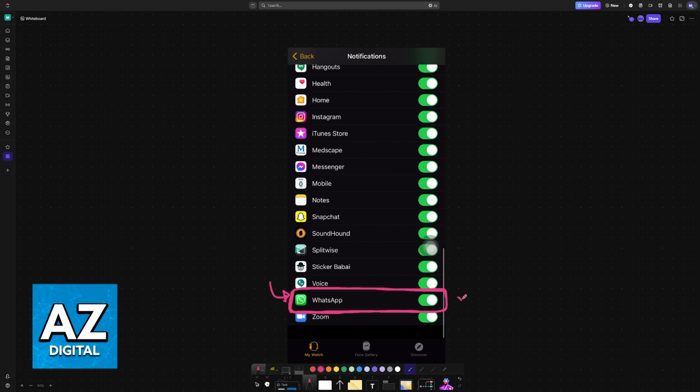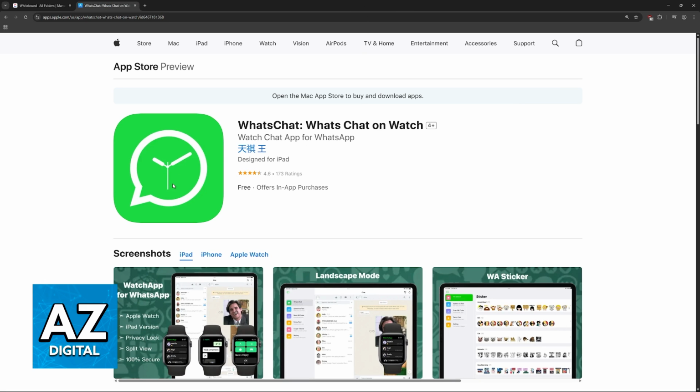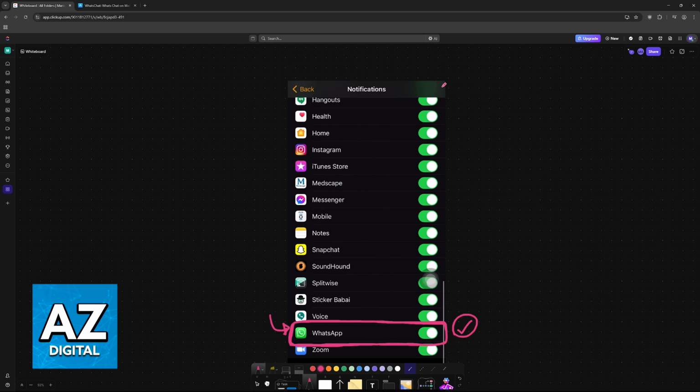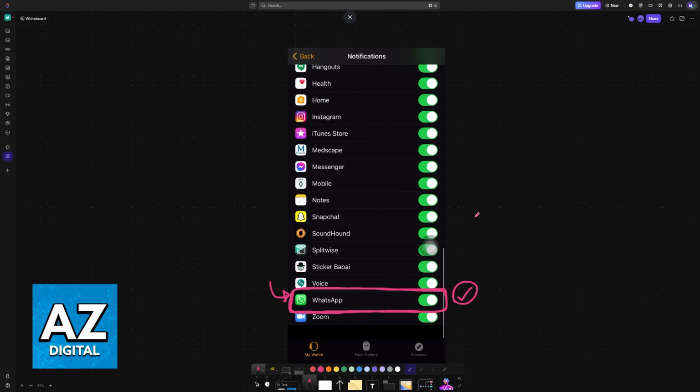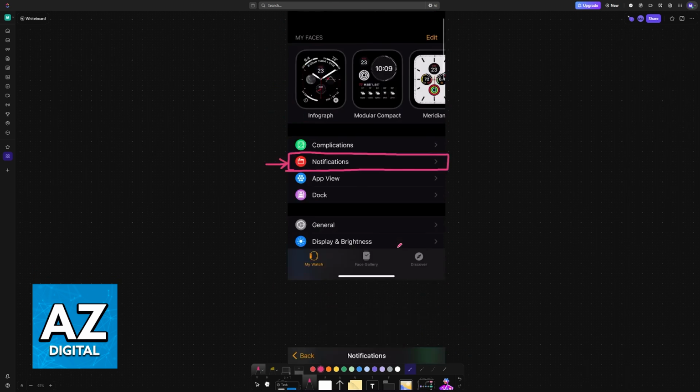Now, keep in mind that WhatsApp is not officially supported fully on the Apple Watch. So even though you are able to enable notifications and manage them, and they will appear on the Apple Watch, this does not mean that you will be able to access all functionalities from the application. If you would like to do this, you will have to download external applications such as WhatsChat. This is essentially a clone of WhatsApp that allows you to use it inside of the Apple Watch. However, because it is not officially supported, I'm not going to showcase it fully in this video. So it isn't something made by these same developers as WhatsApp.